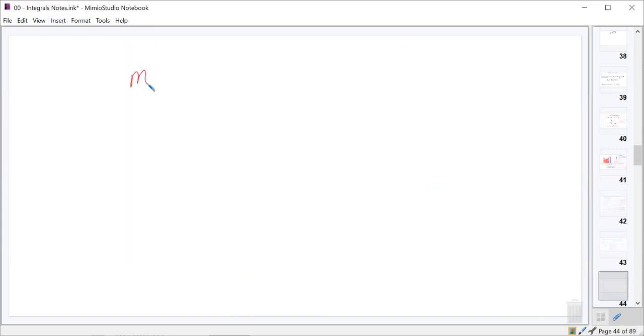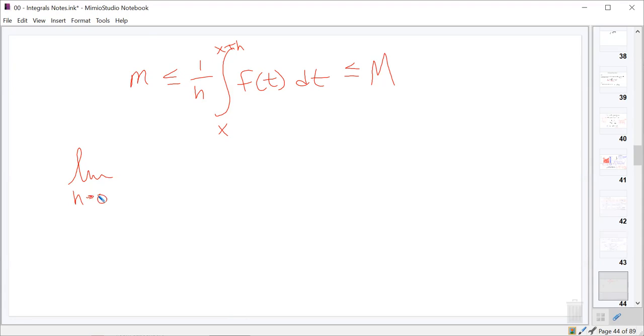The first one just gives us m, which is less than or equal to that thing we had before, 1 over h times the integral from x to x plus h of f of t dt, which is less than or equal to capital M times h divided by h, which is just capital M. So now, as I take the limit as h approaches 0 of little m,